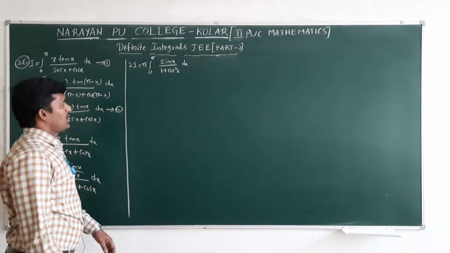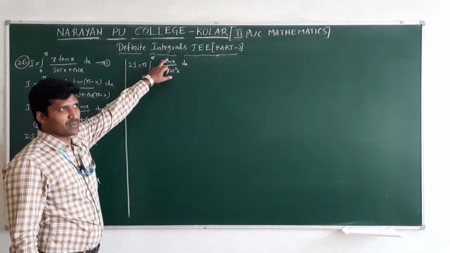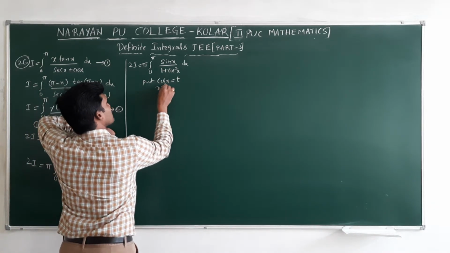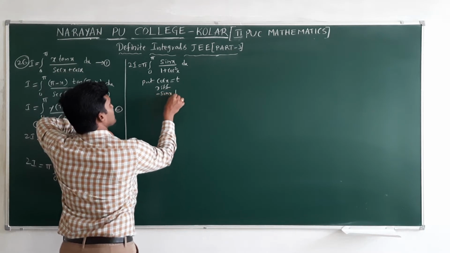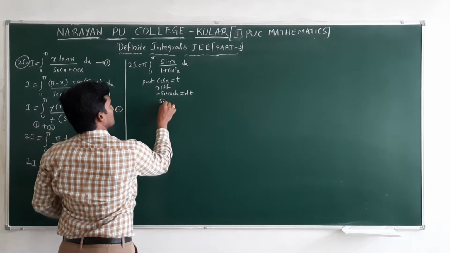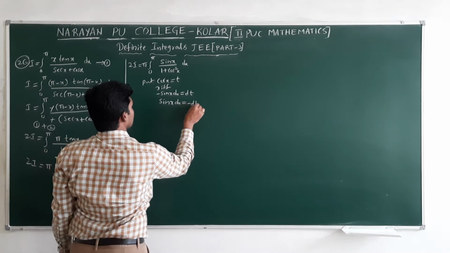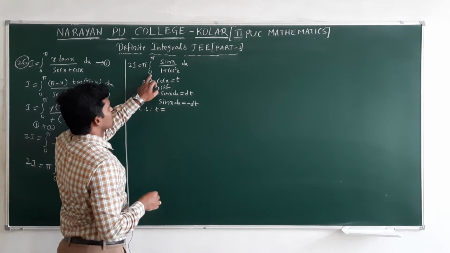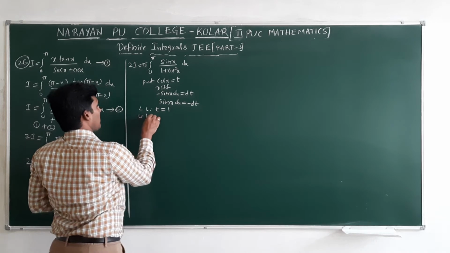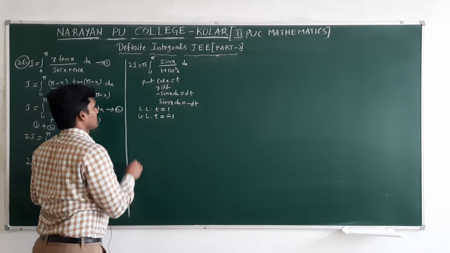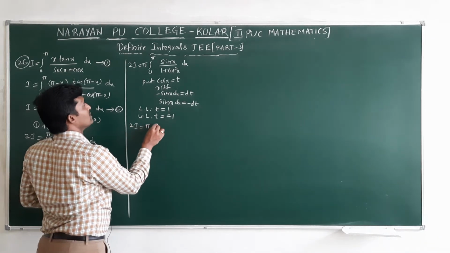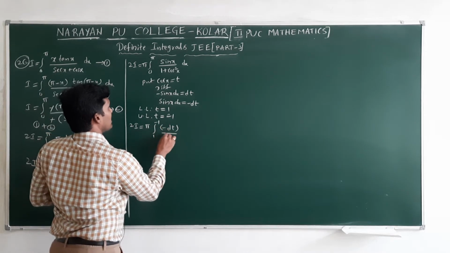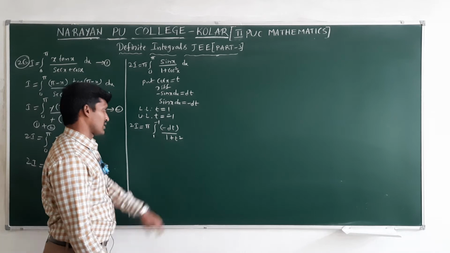into dx. Now the derivative of cos is minus sin, and sin is present in the numerator, that's why I will substitute cos x as t. By differentiating this, minus sin x dx equals dt, that is sin x dx equals minus dt. By changing limits, what is the lower limit? x value 0, cos 0 is 1; upper limit pi, cos pi is minus 1. So 2I equals pi into integral 1 to minus 1, sin x dx is minus dt, by 1 plus t square.